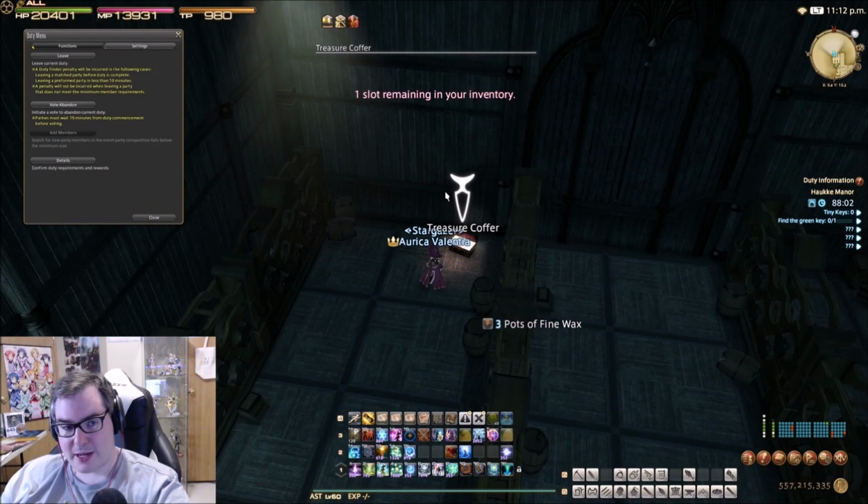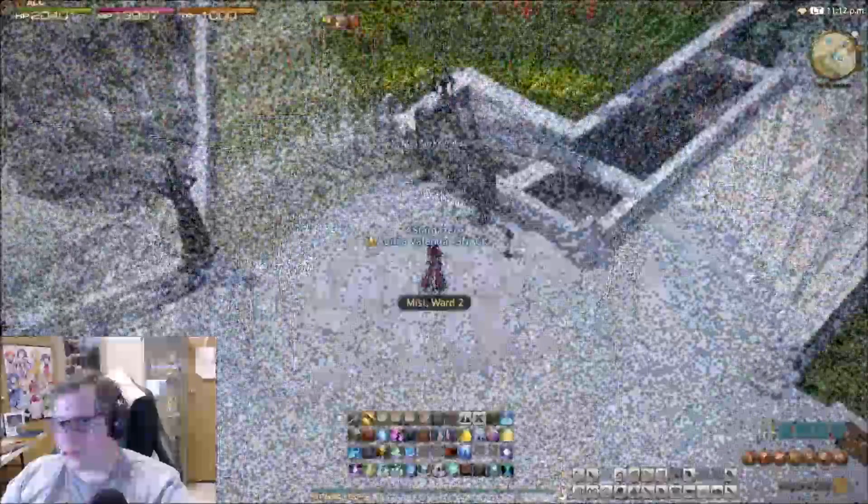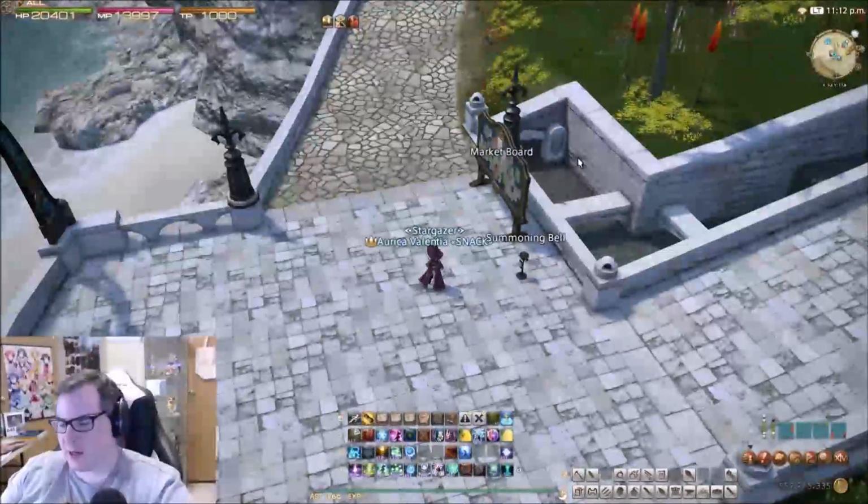And we got 3 fine wax, so that's 120,000 gil on my server right now, and can be up to like 300k. I've seen it at good prices. So you just hit U there and escape out of there and rinse and repeat. Takes 3 to 5 minutes to do, and it's actually pretty profitable. And more importantly,